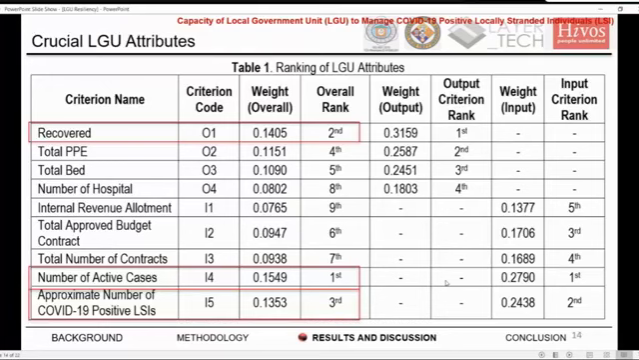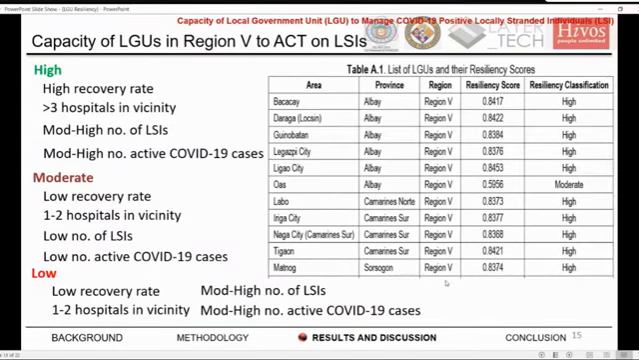So now, in order to interpret what would be the meaning or the capacity of the LGU in terms of the identified attributes in accordance with the collected procurement data, we first analyzed the relevance of each critical LGU. Based on the analysis, the number of active cases, the recovered, and the approximate number of COVID-19 positive LSIs were the most influential on the resiliency or the capacity of the LGU to absorb the LSIs. So based on this,